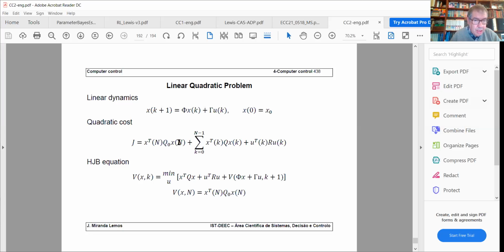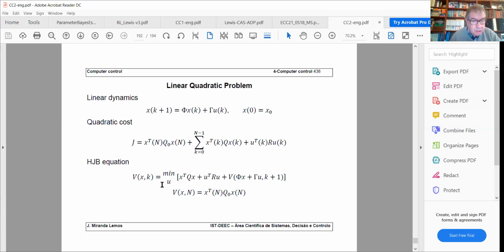Now, if you are at time n, the value is just this term here, because you only consider the very last term. So v of x n is nothing more than x transposed n Q0 x n, this terminal term. Now, what is the Hamilton-Jacobi-Bellman equation, the HJB equation? It's v of the state at time k,